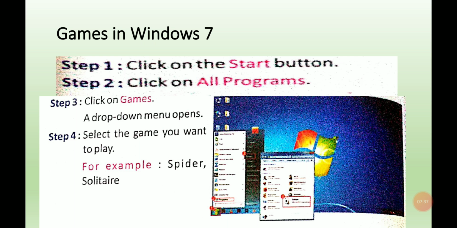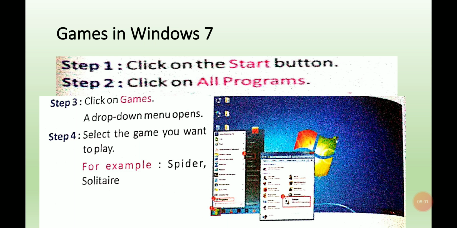Next, games in Windows 7. We have a variety of games available in Windows 7. There are lots of games, such as solitaire or some racing games, maybe some lightweight games we have in Windows 7. So these are the steps to open the games. Step 1, click on the start button.